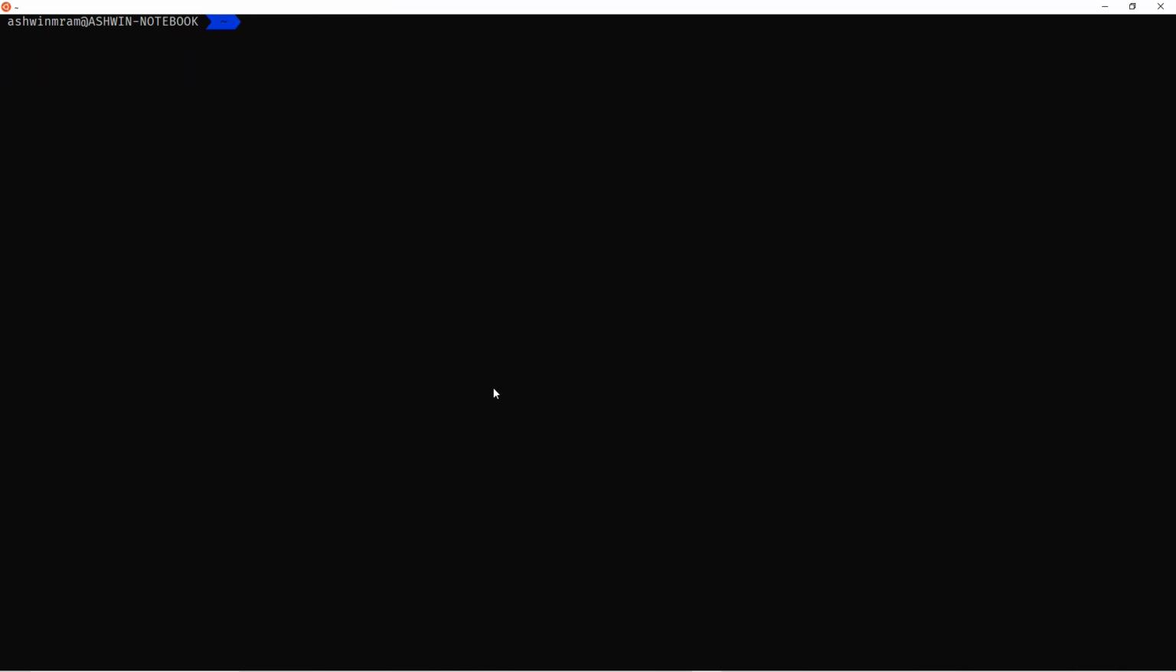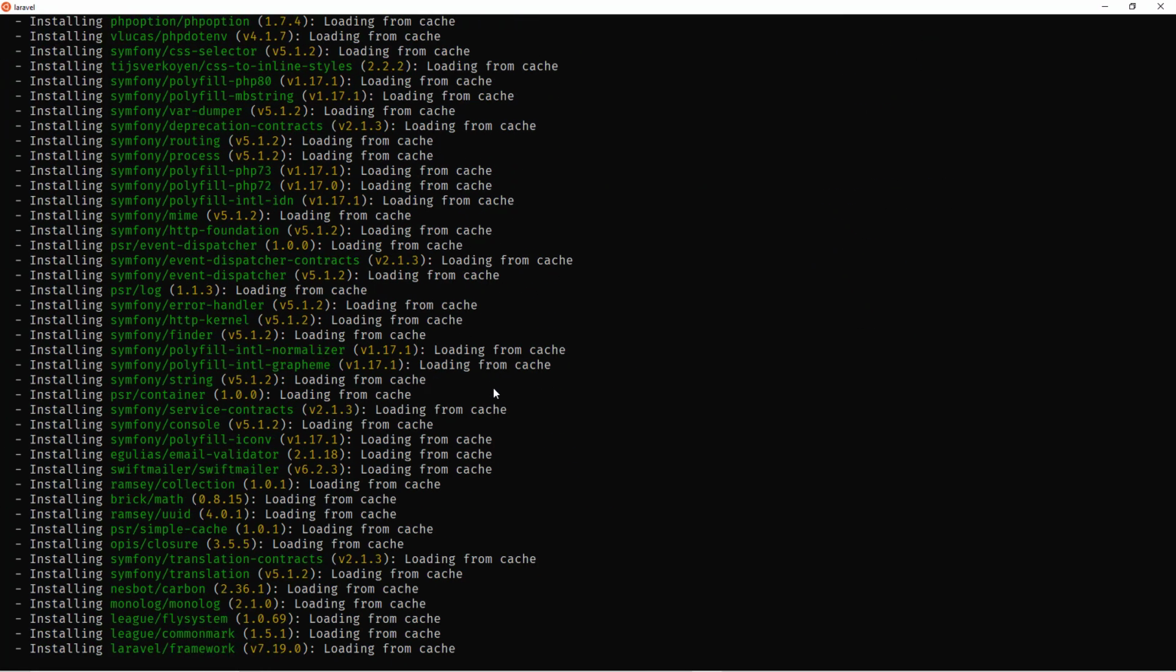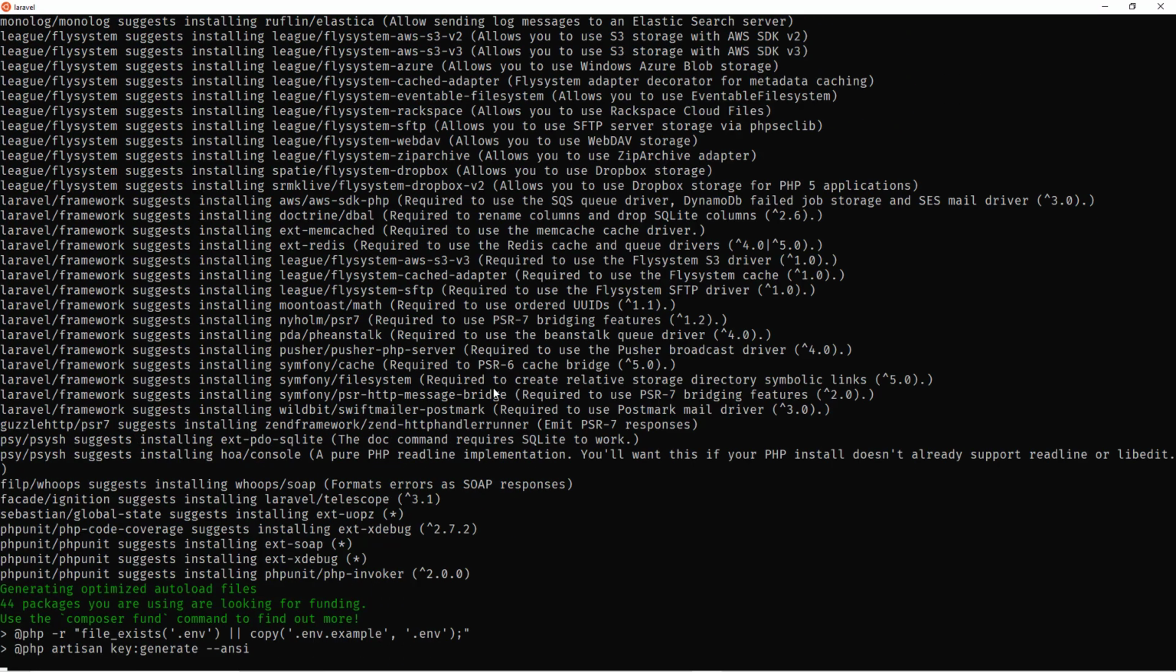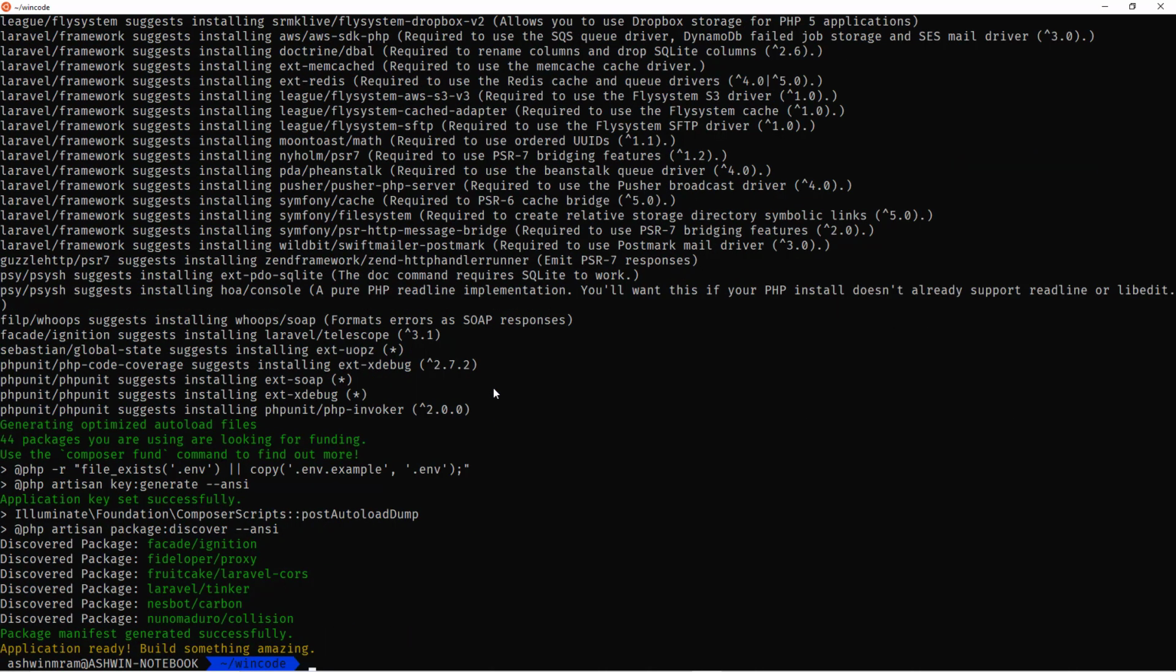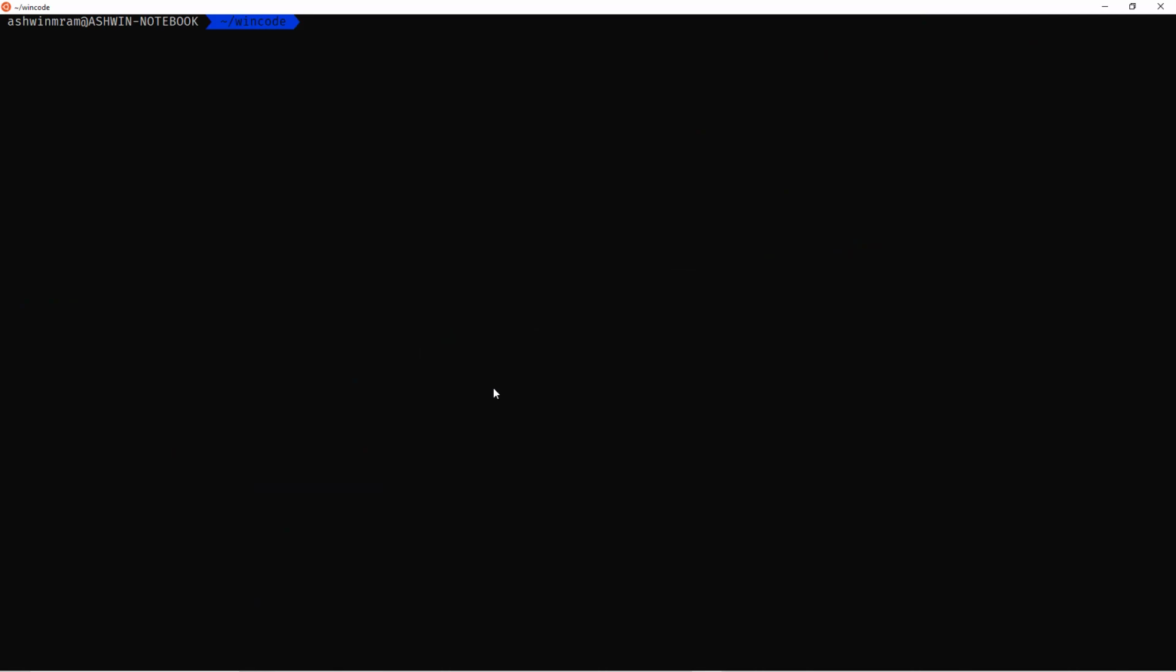So now that we have that, we are ready to install our first Laravel app. So let's begin. Let's go back into our WinCode folder and run Laravel new Laravel. And here we go, the application is ready. So now, because we have this Laravel app